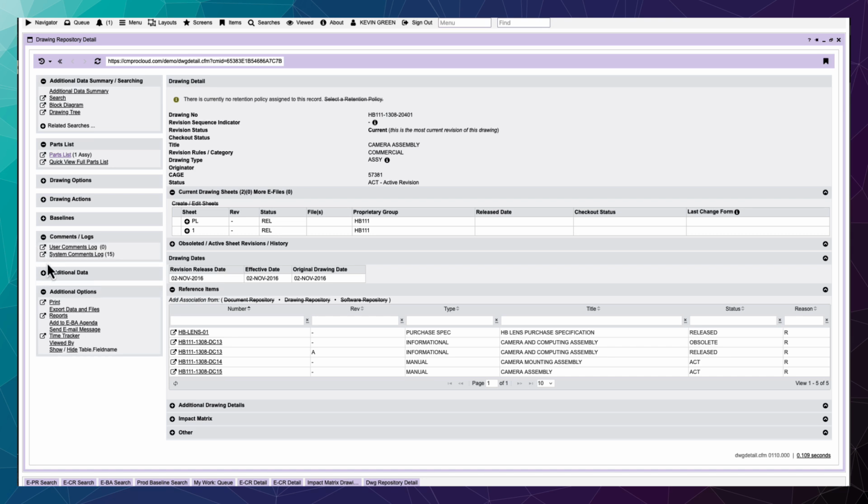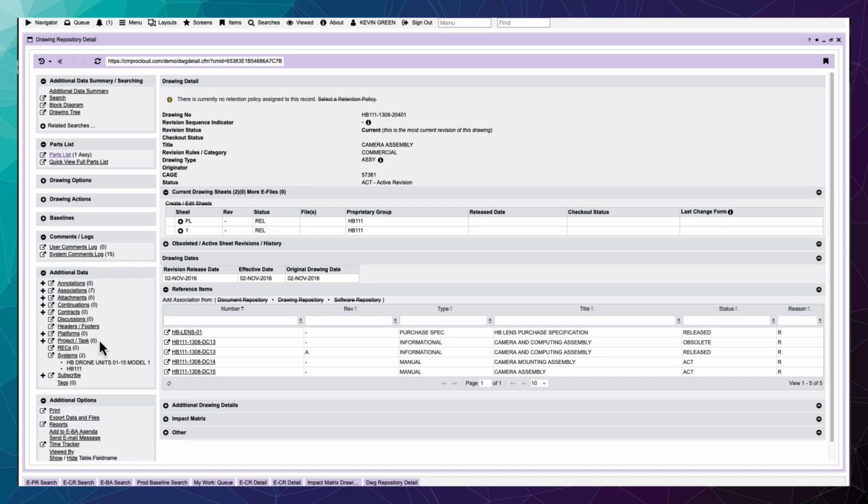The last 3 or 4 panes will be the common ones throughout CMPRO. The right-hand side in the large area will be the areas you can view the attributes, the data, work with it, edit it if you have permissions, things like that. And as this is a drawing repository, you can see we have the model, revision sequence indicator, details about the type of drawing, the current sheets or parts that are associated with it, and information to that,